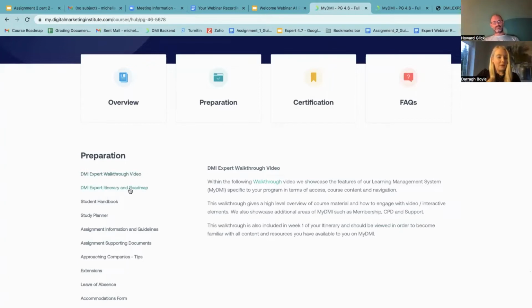Down here on the left, you can see that there is a student handbook, study planner. All of your information for your assignments and guidelines is here. We have compiled assignment guidelines 1 and 2. You can pop into these and see everything throughout all of the sections of your assignment, what's expected of you, the word count for each section, all of that.